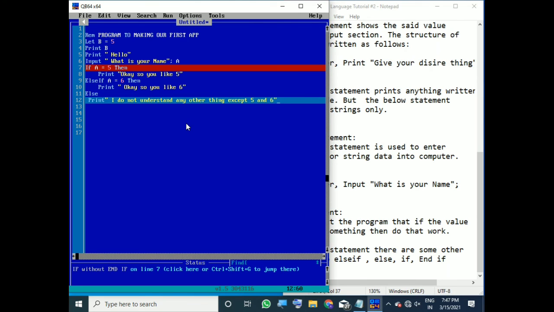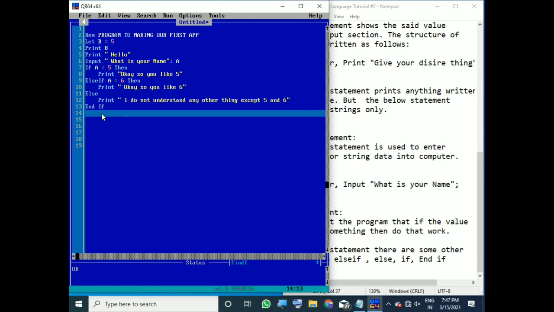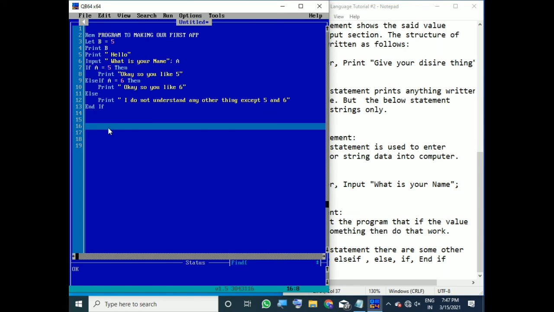This thing you have to print, and then as you can see, that red line is disturbing very much. So what is the problem here? The problem is nothing but we have to give end if. So end if is important. Otherwise if we write some code extra here, then it will just disturb this if statement. And then if we run it,